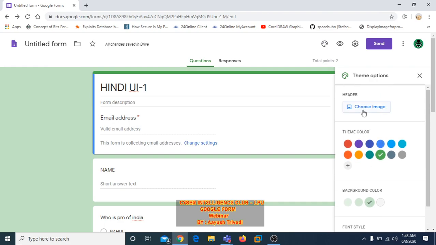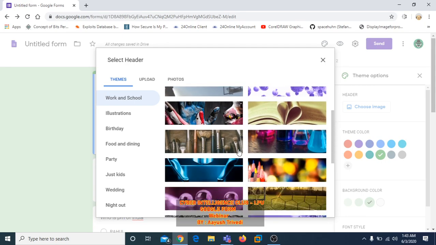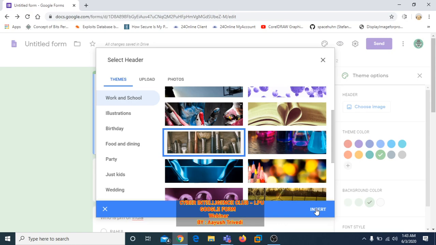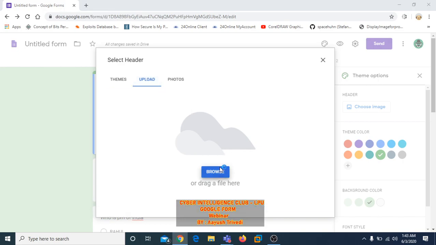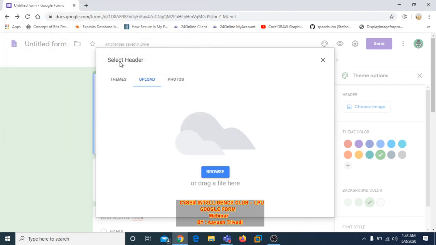And yeah, now the main thing comes, the header. If you have the header, because as of now I have not downloaded it, but it's in the same shape as these templates. For example, I'm putting this one which is over here. So I click here, then you have to click insert, and if you have the file given by DPS Riyadh, you go to browse, and you can browse which file you have, the PNG or image file which you want to insert.